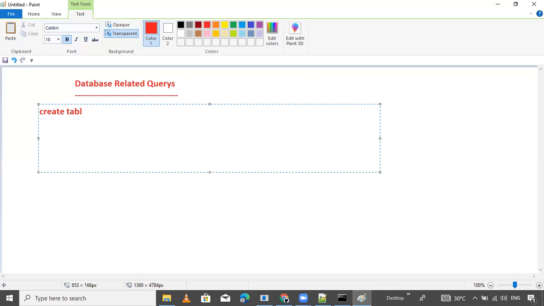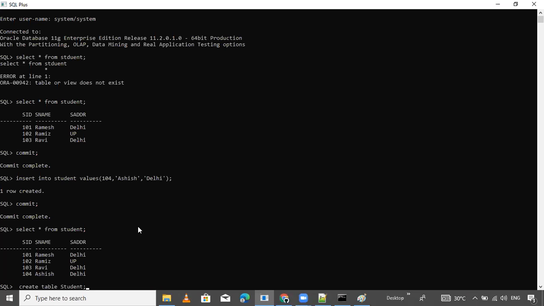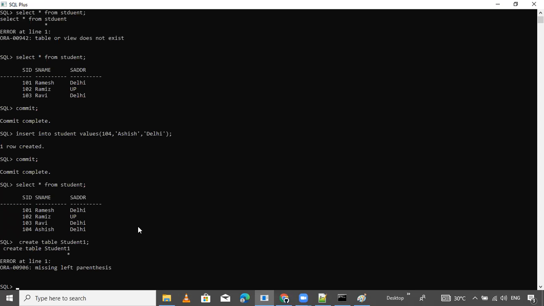How to create a table? What is that query? Create table, like student. Simple. This is it, and hit enter. Table is created. I will show you. Control C. Where is my database? Control V. Sorry, table student.